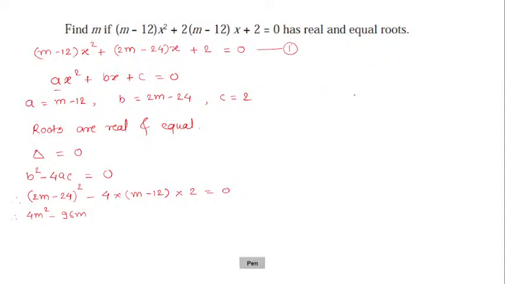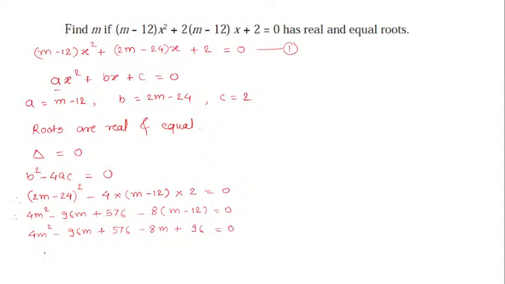It is minus 96m plus the square of the second term, that is 24. So 24 square is 576, minus 4 into 2, that's 8, into (m minus 12) is equal to 0. So we have here 4m square minus 96m plus 576. We have to multiply each term, m and minus 12, by 8, which is outside the bracket. So minus 8 into m, that's minus 8m, minus minus would become plus 12 into 8, that's 96,